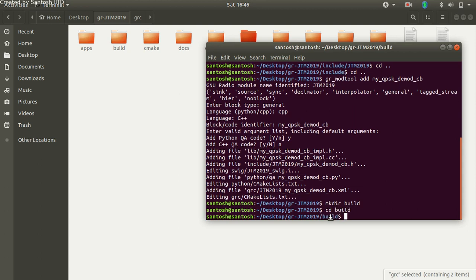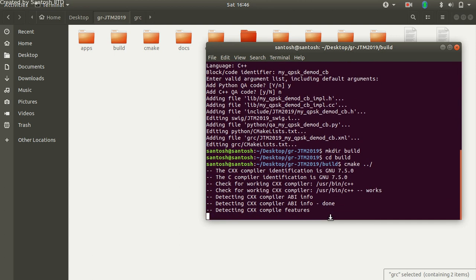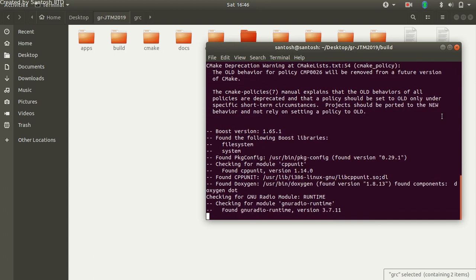So let's start building whatever we have created. Let's run cmake.